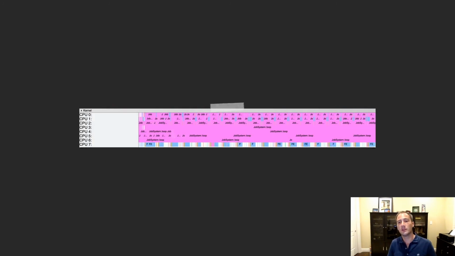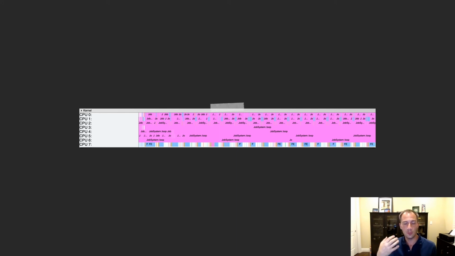Here you can see the job system in action when we load the scene. Every pink block is a job in the job system, and we can see that we maximize occupancy. We use all 8 cores. We do reserve one of the cores for the render thread, for the driver, for making the OpenGL calls. What's very important here is that we pin our threads to specific cores. For instance, the last one, the blue blocks at the bottom, that's our driver thread.